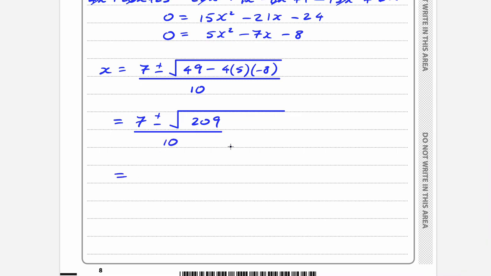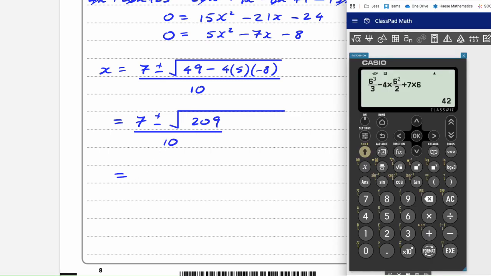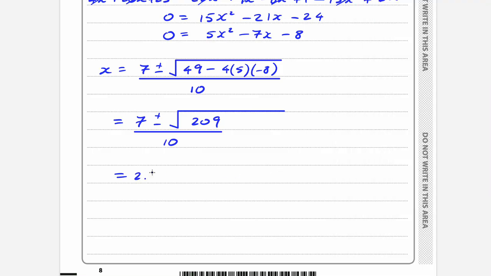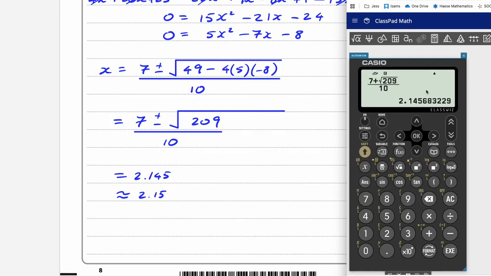Okay, this is equal to 7. I'm going to do the plus, guys, because I'm guessing the negative is going to be no good, over 10, and I get this as a decimal 2.145, which to 3 significant figures is 2.15. If we did the minus here, you'll see we get